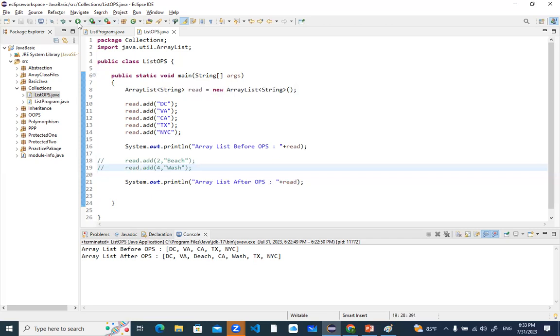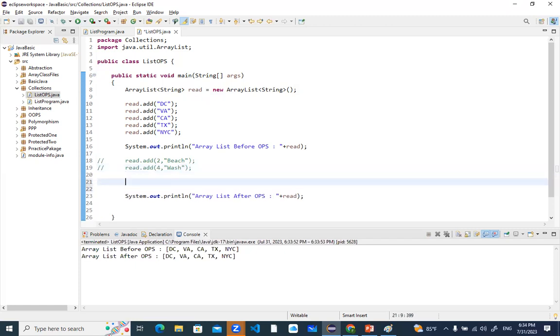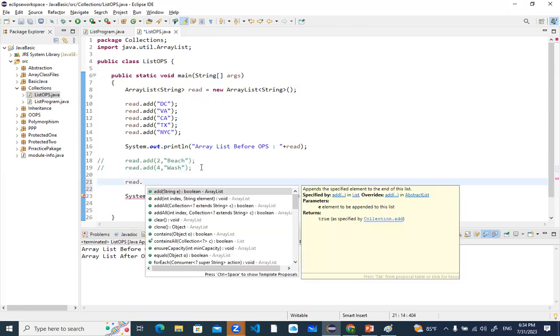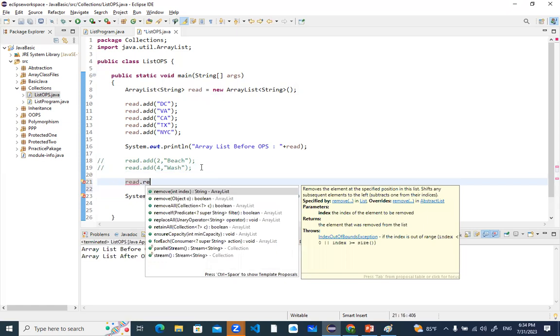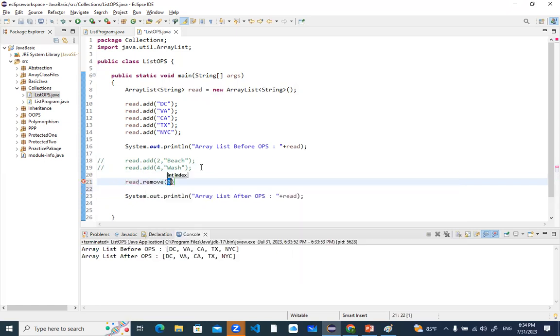Now let me run this again. Everything is the same as what we added. Now let's practice the removal scenario, how remove works. Read dot, I would say remove. Remove is a function. Let's say add. Now remove